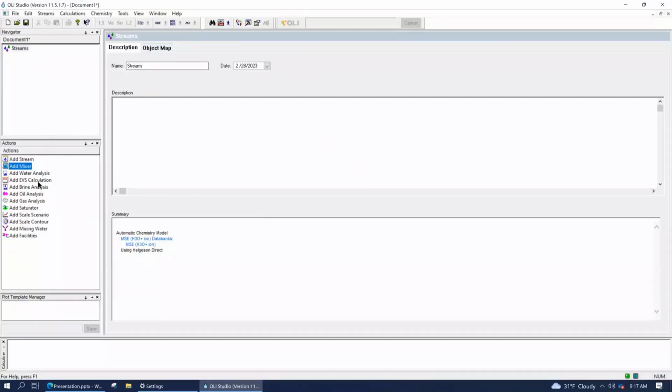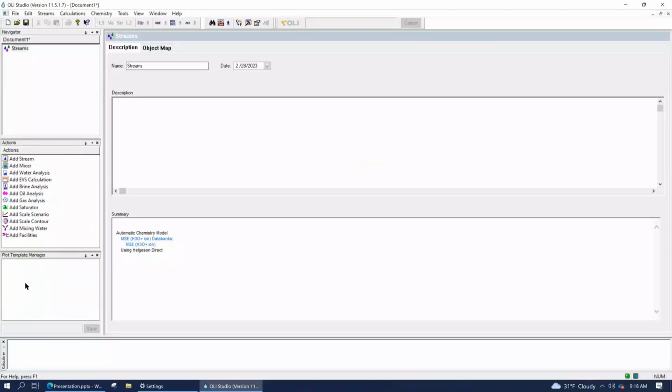And then after you create a stream, you'll create a calculation object. Calculation objects operate on the stream that you create. So what you're going to notice with the software is that you create a stream, but you can't do a calculation in a stream. That stream is just essentially to set your material. In order to do any kind of meaningful calculation, you add a calculation object. That object takes the information from the stream and then runs whatever calculation you want with it. Okay, that's the logic of the software. I'm going to go back to that in just a second.